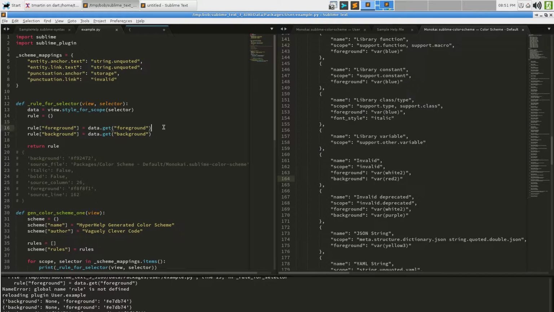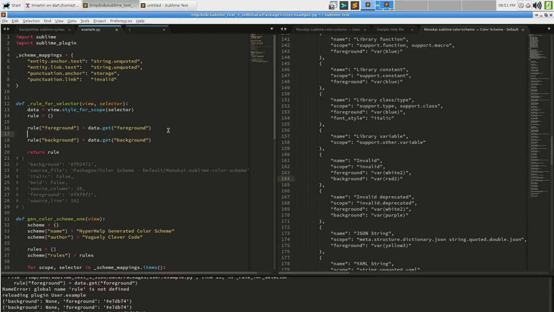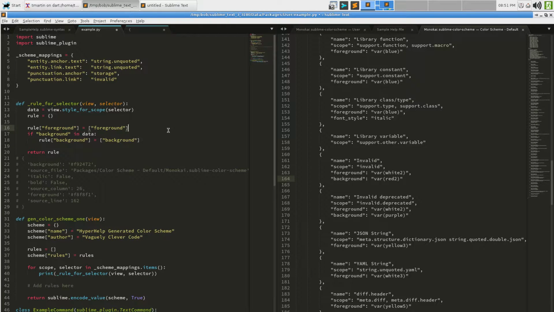So I guess we want to do this a different way. If background in data, do that. And if we're going to do it this way, let's say for our purposes, we're going to assume, first of all, that every rule that this returns has to have a foreground color. It's never going to not have a foreground color.